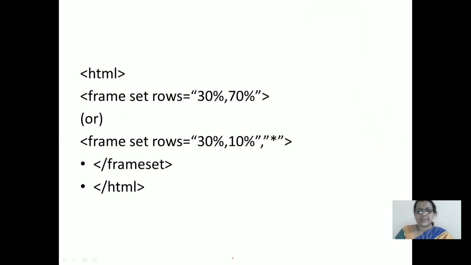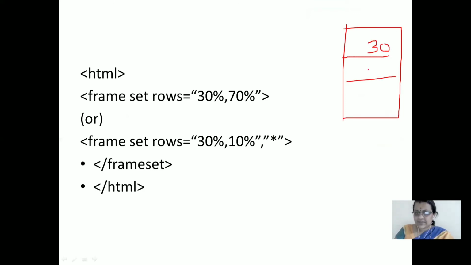Now, this one example. Like previously we wrote with a star, the same thing we can do here. I'm dividing my window into three. The first window will be 30%, and the second will be 70. And what is remaining? Nothing. Since 70 plus 30 leaves nothing to divide, the last one won't allocate anything. So it will be the same thing; these two are the same.